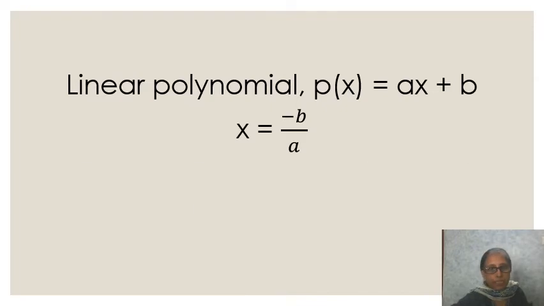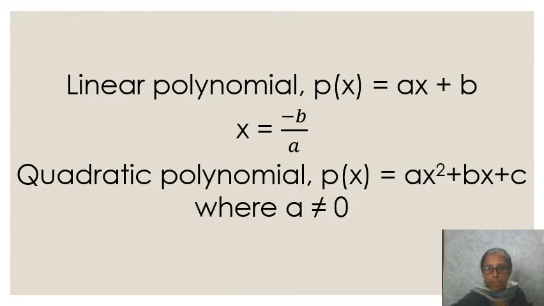Okay, now what is the general formula for the quadratic polynomial? That is ax square plus bx plus c, where a is not equal to 0. It is very important to say a is not equal to 0, because if you put 0 in the place of a for the general form, the first term will be equal to 0. So ax square will be equal to 0 if a is 0. That means it will be in the form of a linear polynomial. What remains will be just bx plus c. Is that clear?